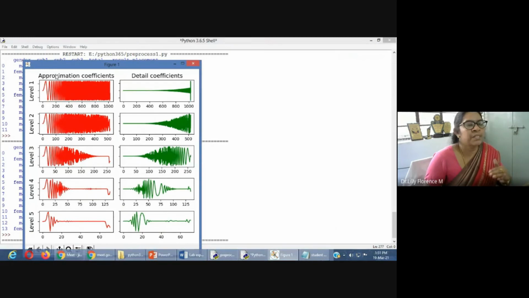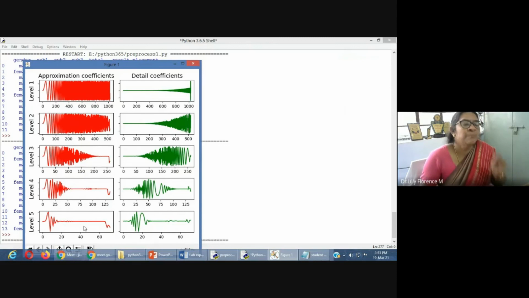First level 0 to 1000, second level 0 to 50, third level, and so on. At the fifth level the values reach 0, that is, no pair of values is there. That is why the iteration has stopped here. This is the reduced coefficients.